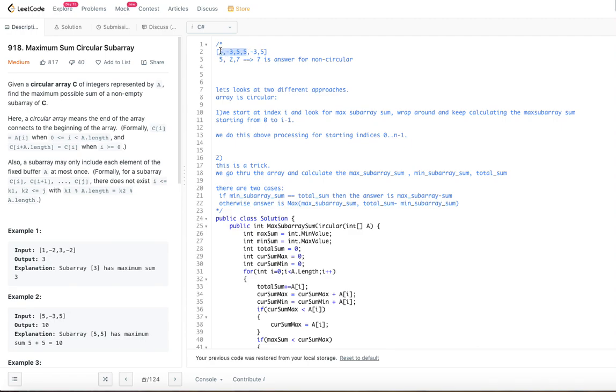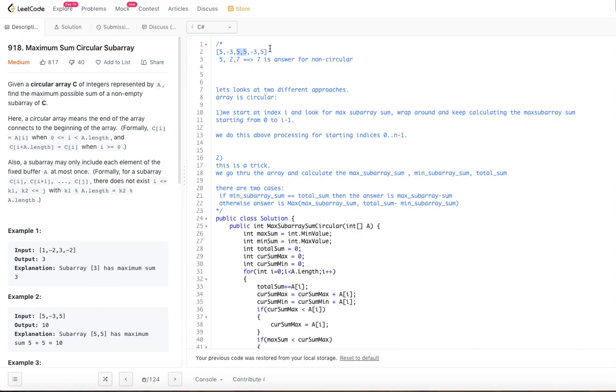So even though you are given a luxury to put the same array at the end of the last index, you are not going through the entire array again. If you go through the entire array again, what will be the sum? It will be 14. But by now you have got 12: 5 minus 3 plus 5 plus 5, it's 12. But that is not the correct answer. The correct answer is 5 plus 5, you have to say it is 10.